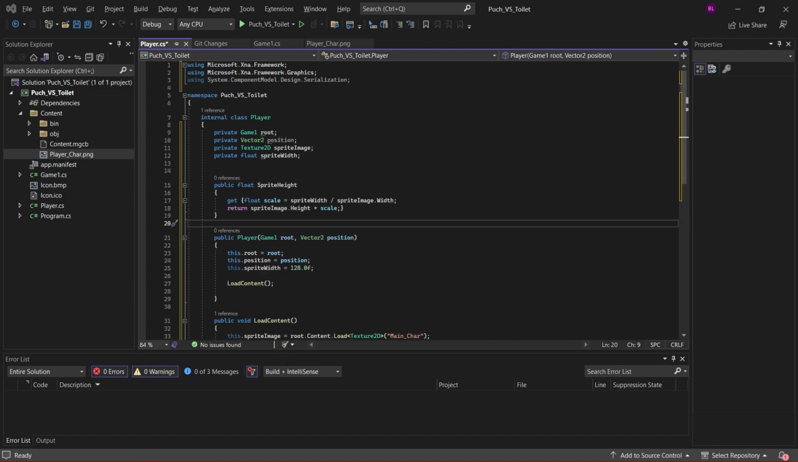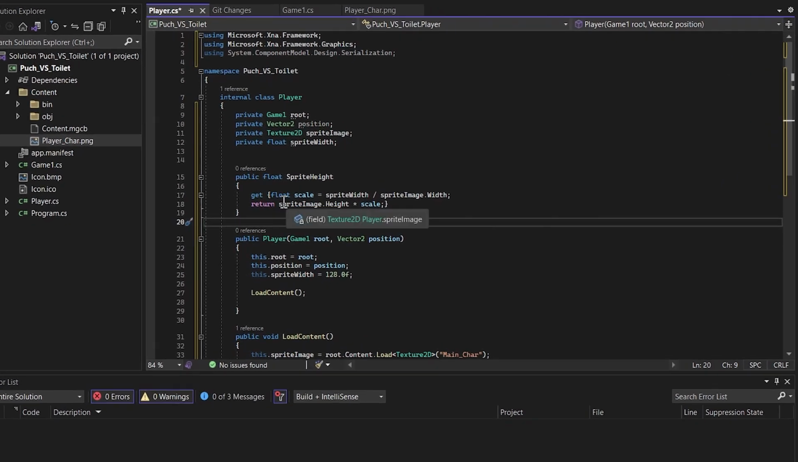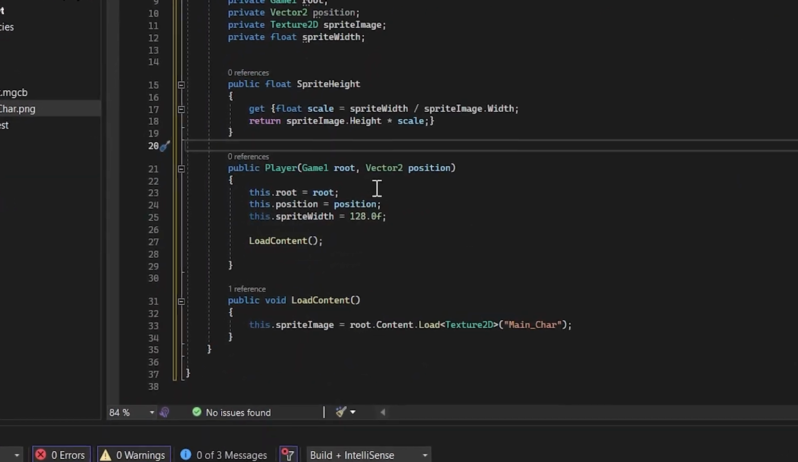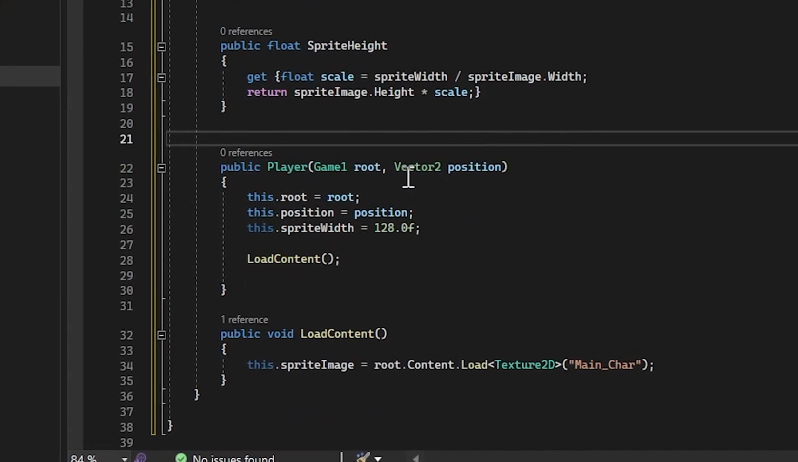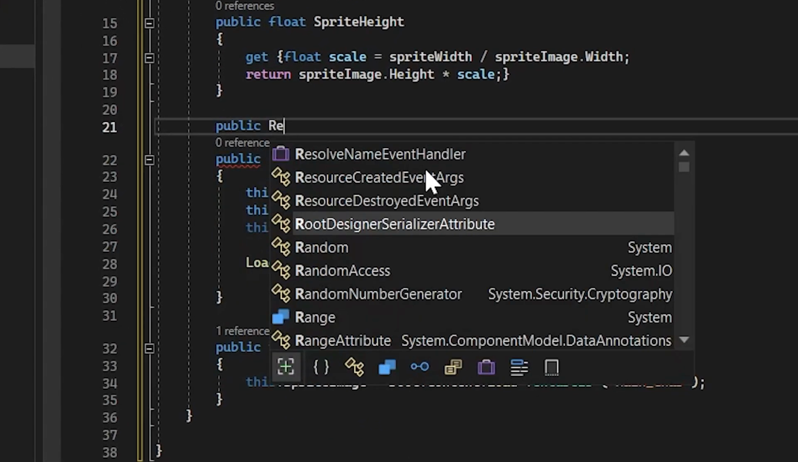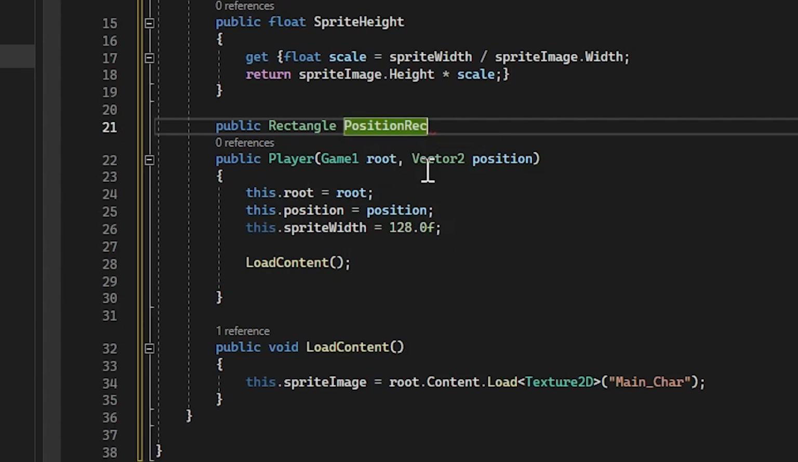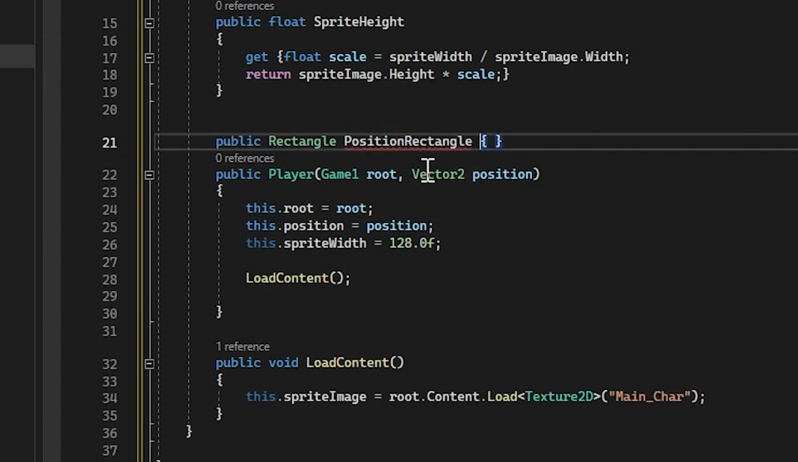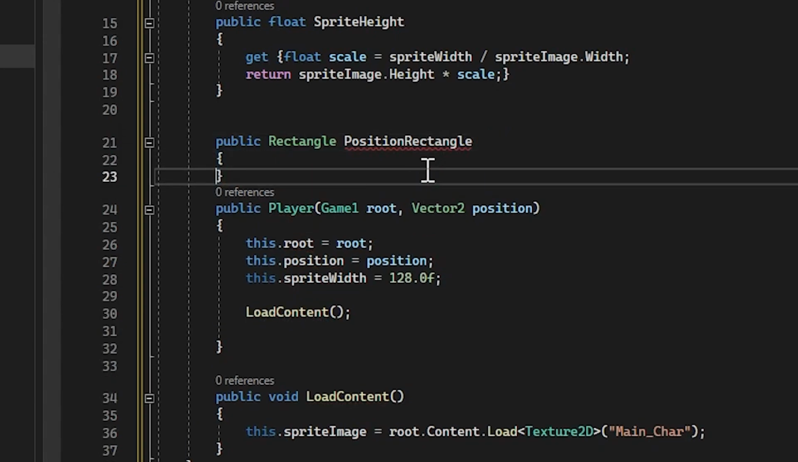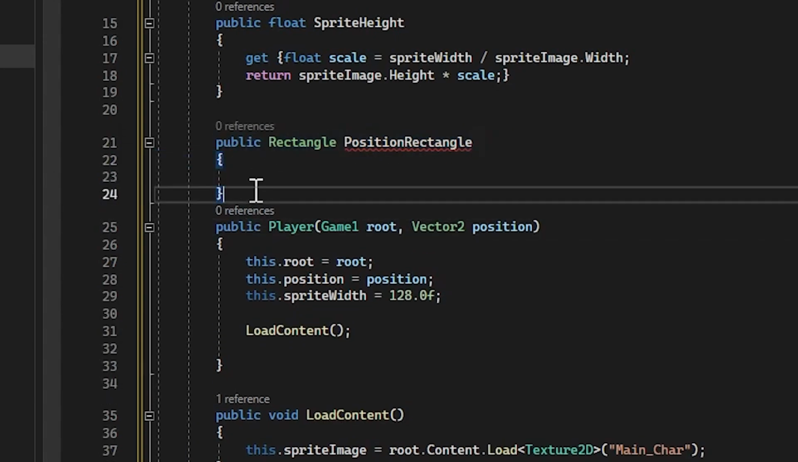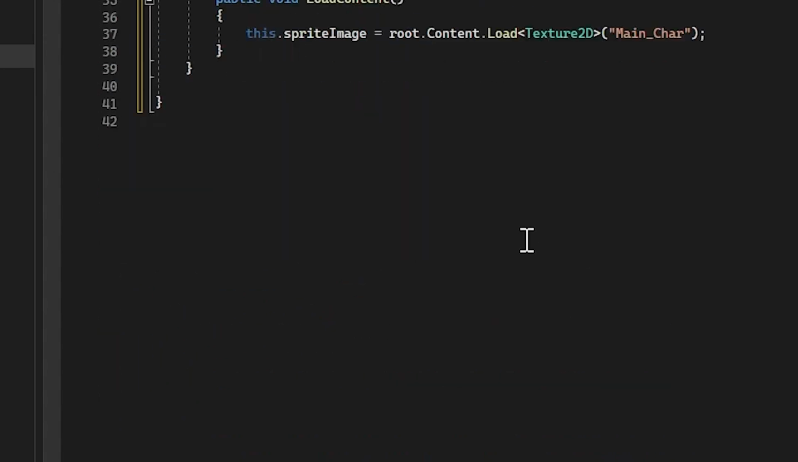Next up, we're gonna make a new property called public Rectangle PositionRectangle. So we'll go public Rectangle PositionRectangle, and we'll open it. And I made a minor mistake. I have to put this one